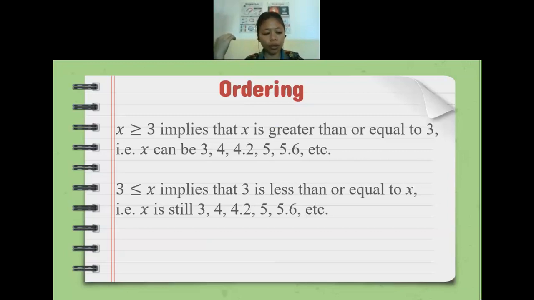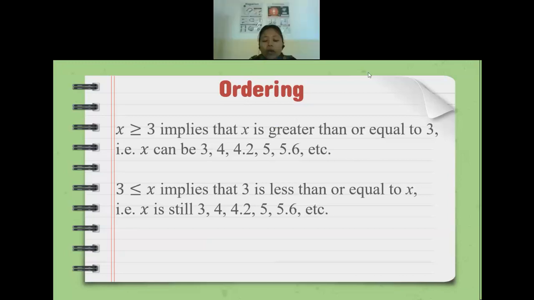Is there anyone who has difficulties? Hello? Is my voice gone, or my internet gone or something? No, teacher. Okay, is there anyone having a question? Because no one is saying anything through the chat either. Is there anyone having difficulties or getting confused by these two sentences? Probably not, teacher. Okay, probably not.